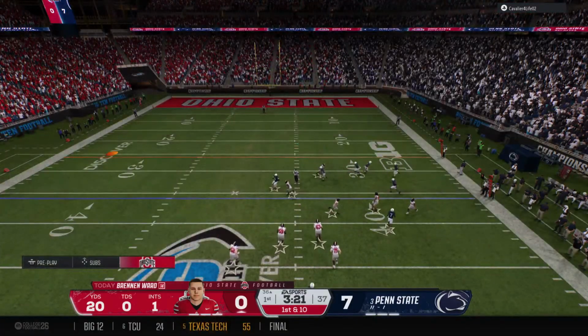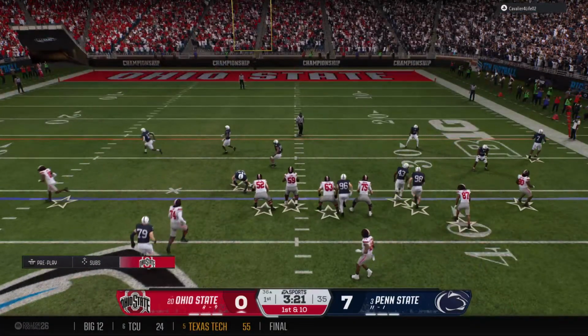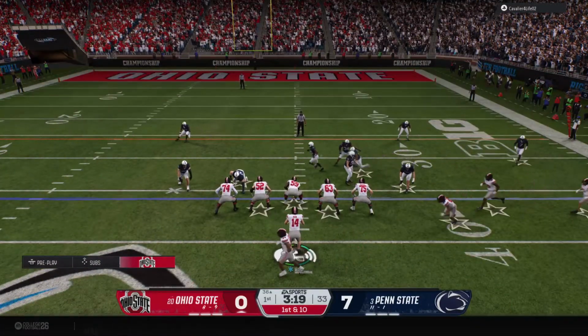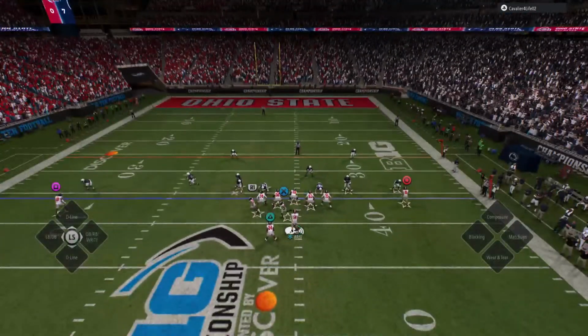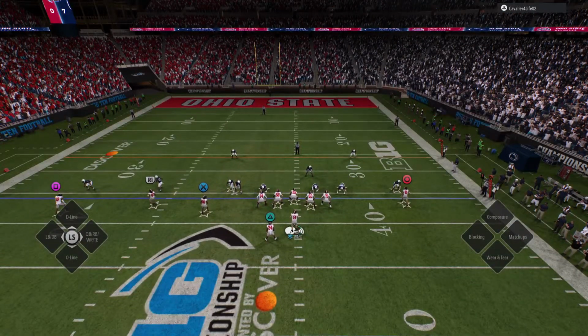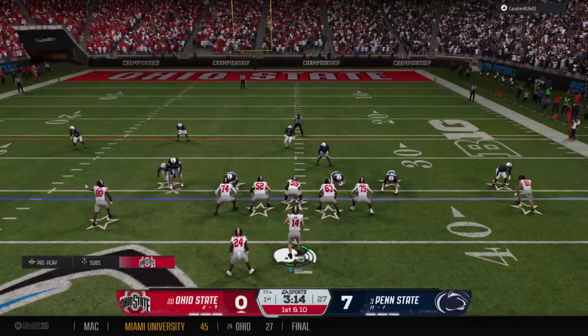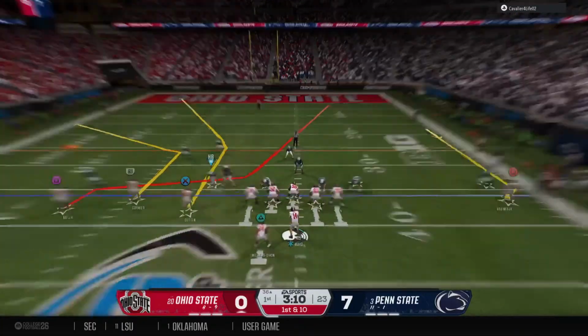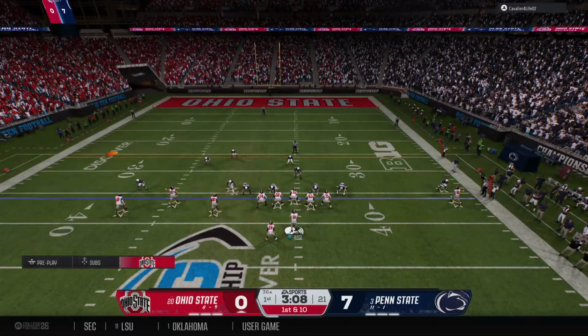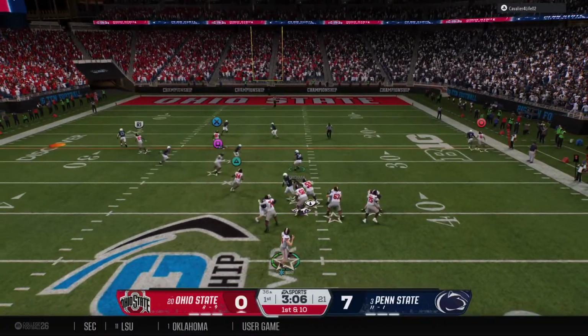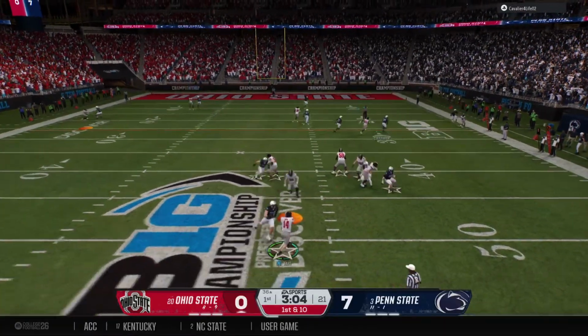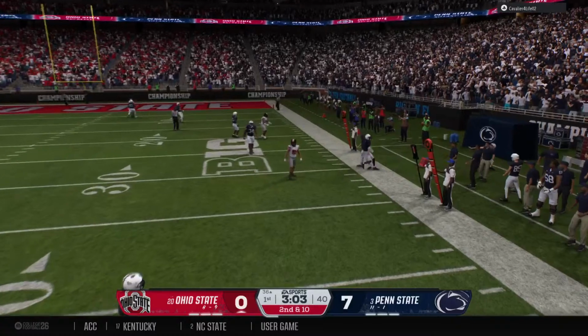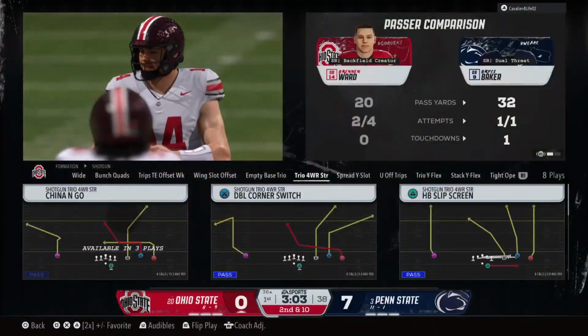Oh, and he heads out of bounds after a really nice gain there. Buckeyes are moving quickly down the field. And there's no time to sit there and talk to each other as a defense. You give up a big gain for a first down, and already you've got to get lined up because here comes the ball again. And looking to throw now on first down. Just flings it out of bounds and the pass rush closing in.